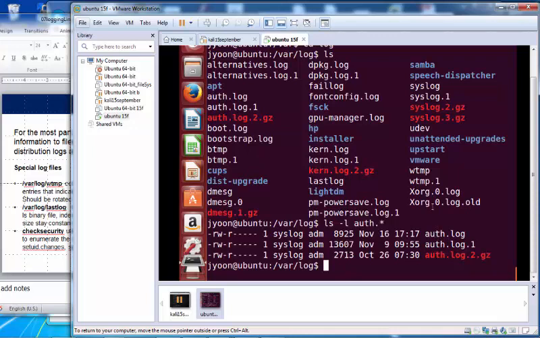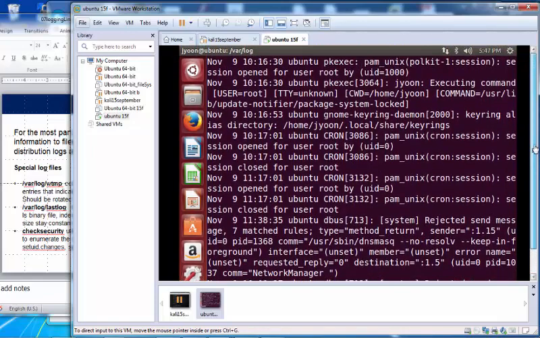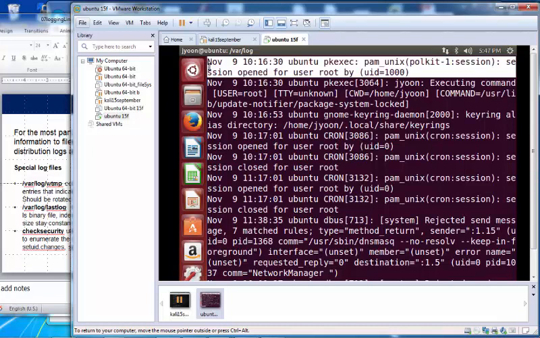If you want to see the content of the log file, type more auth.log, then we can see some of those. See here, in this file, there is a line item.